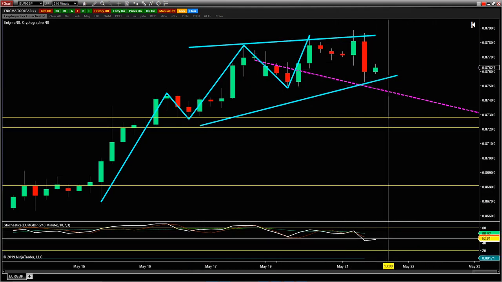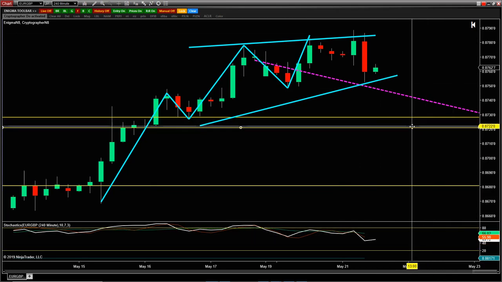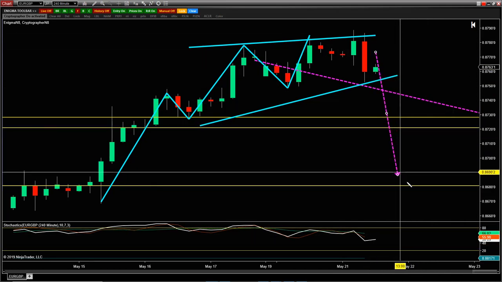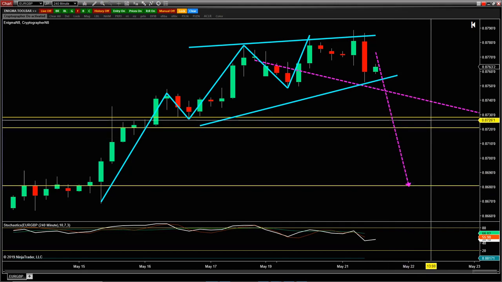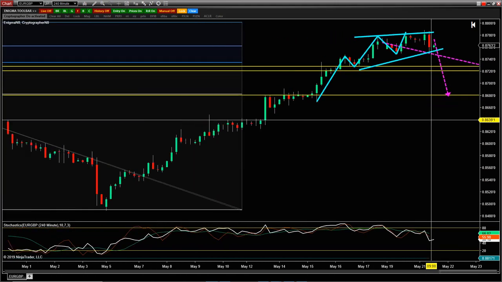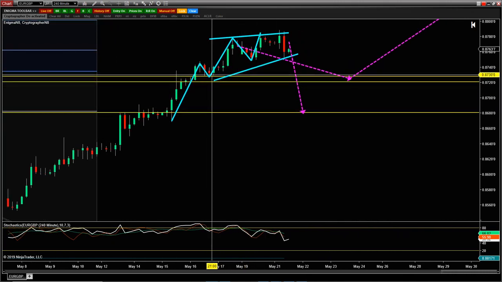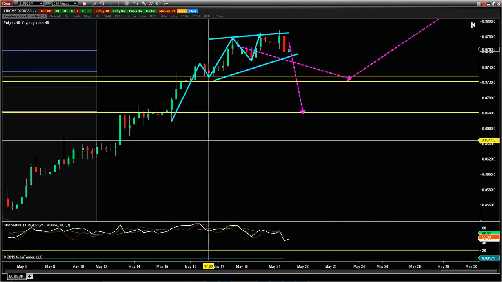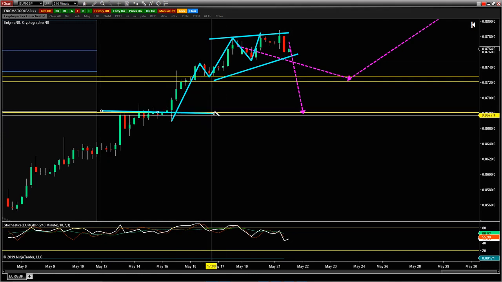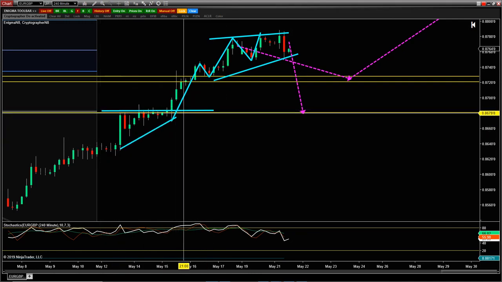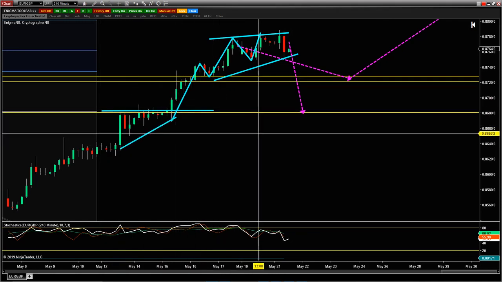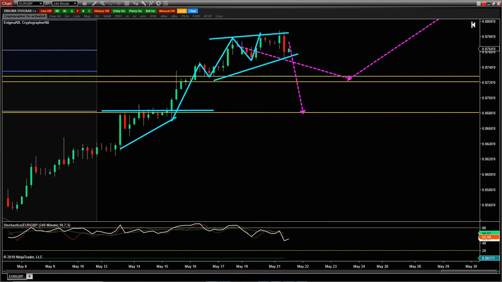We call these rising wedges and rising channels. Would not shock me if we saw a little bit of a push back down to this level. 86.80s would be the first zone that stands out to me on a higher time frame. And you can look for an opportunity to buy it back up as a higher time frame trader. But we want to see that relief first too.